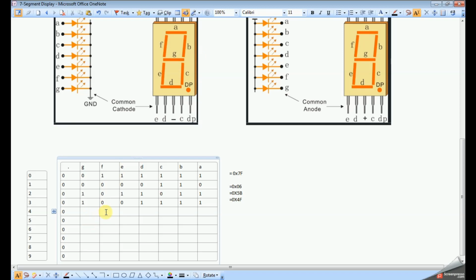F, G, B, C. So the remaining will be zeros. So the equivalent hexadecimal will be 0x66.